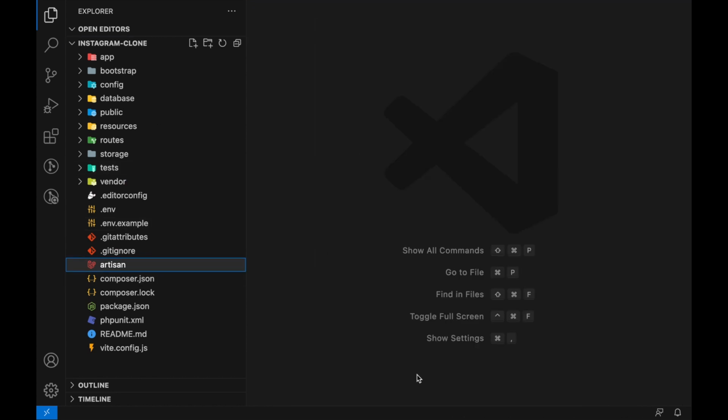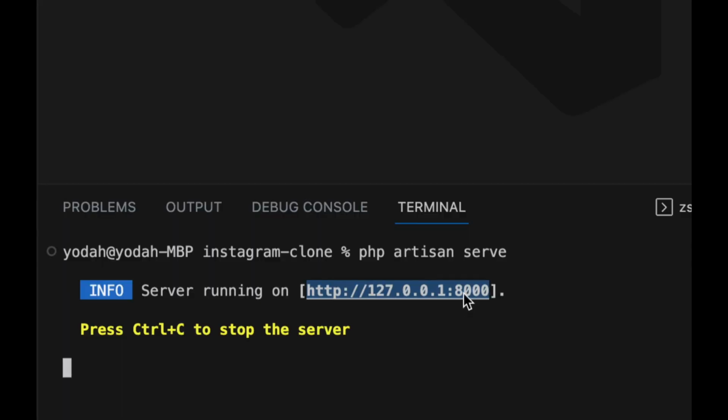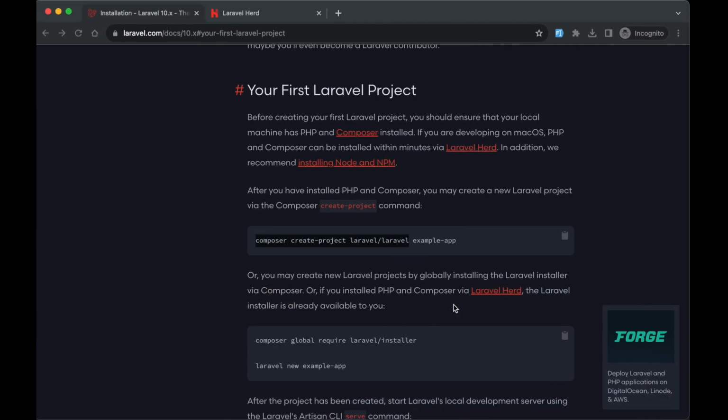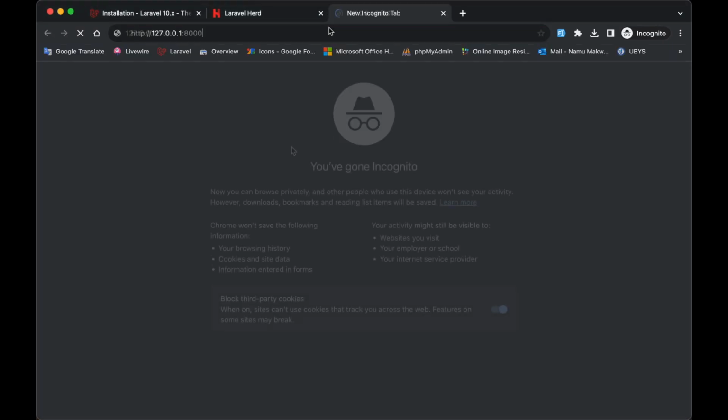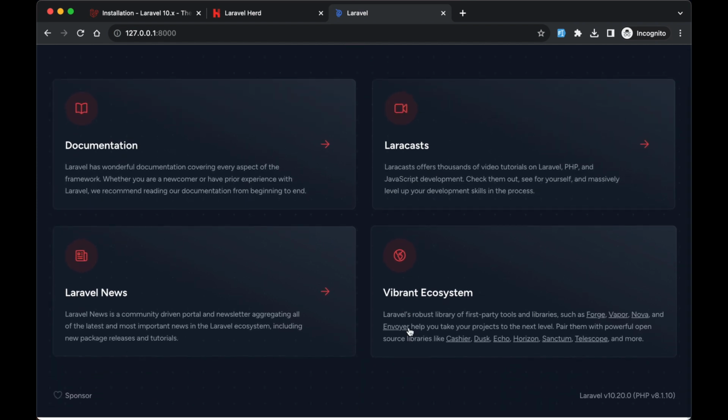So here, just to test if our application is installed, you can open the terminal. In here, type php artisan serve. Alrighty, our server is now running on port 8000. I'll copy this link, go to our browser, paste it, and voila, we have now successfully installed our Laravel application. And as you can see, we're using